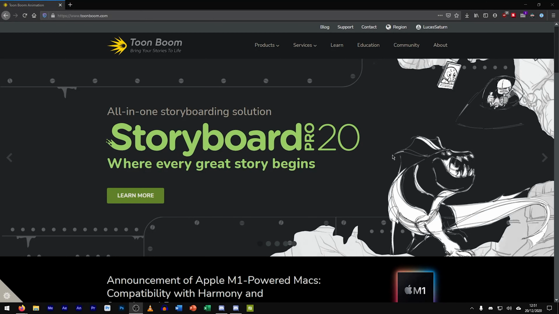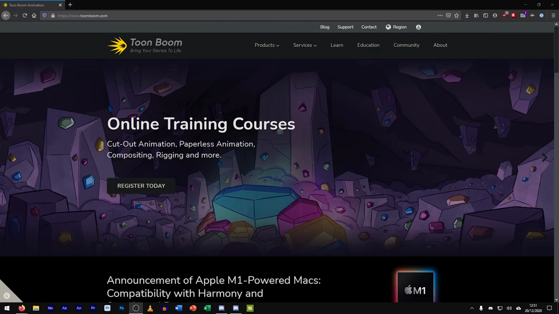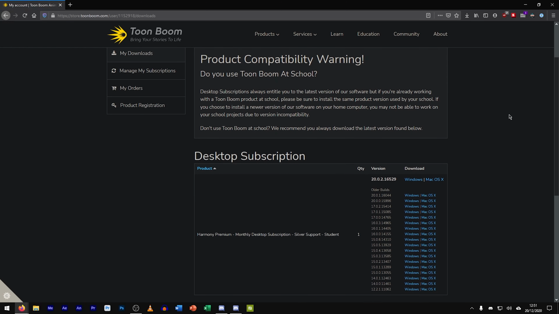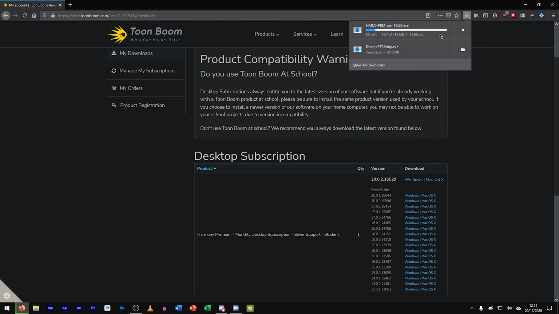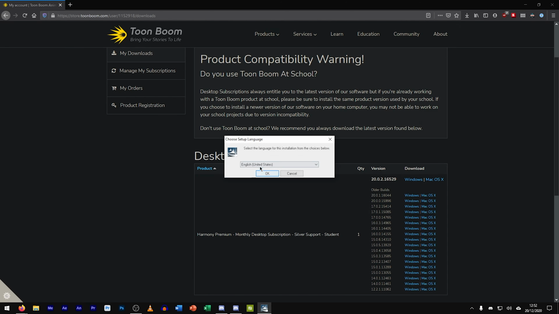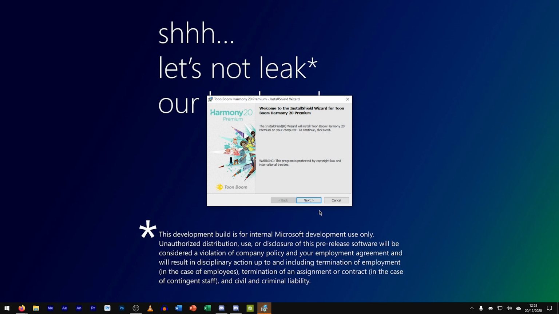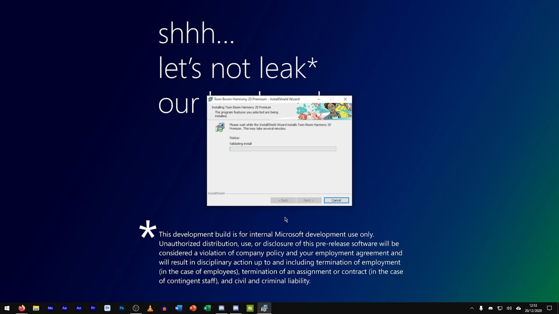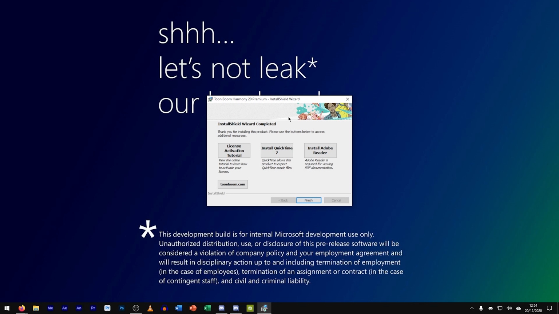Okay, so now that we're in the new computer, we can go to our user up here, my downloads, and you can see you can scroll down and download the latest version. So we just wait for this to download. Now that it's done, we can just run our installer. Have OBS break on you. Once this opens the installer, you can just do this as you would expect and just let it install and do its thing. And there we are.